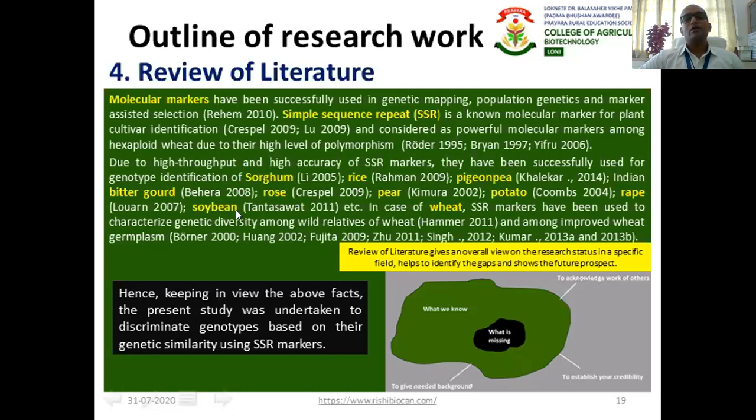After doing all this research, he found out what is missing. Hence, keeping in view the above facts, the present study was undertaken to discriminate genotypes based on their genetic similarity using SSR markers. So after doing all the literature review, he found this missing gap and wants to work on that.